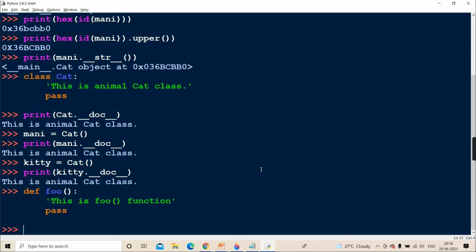This also in the previous session I told you, is everything an object in Python? Yes. So is that foo also an object? Yes.